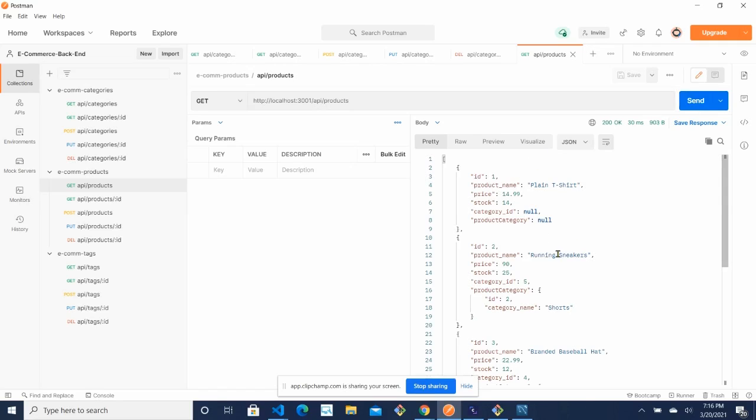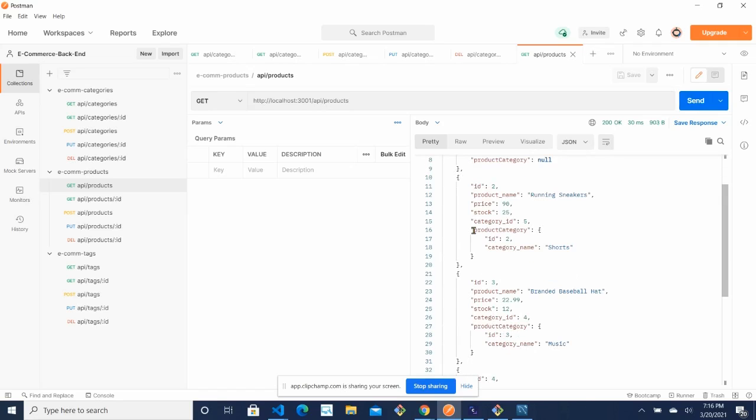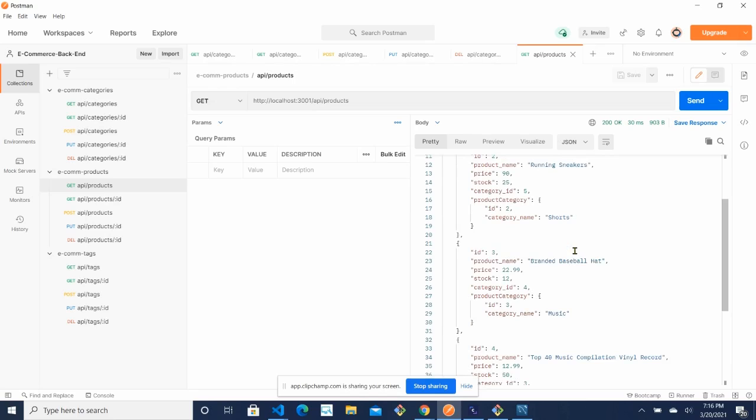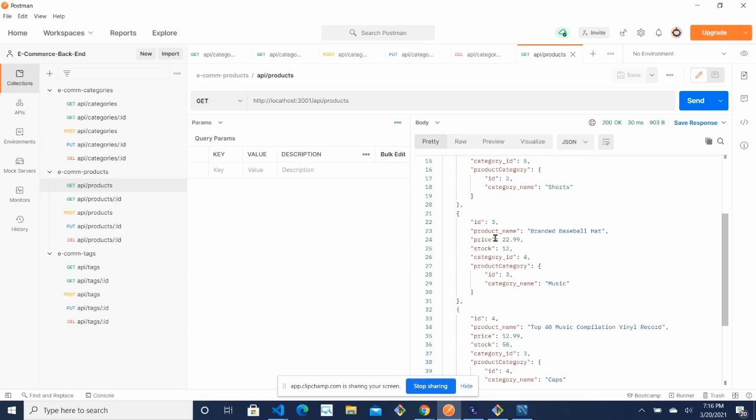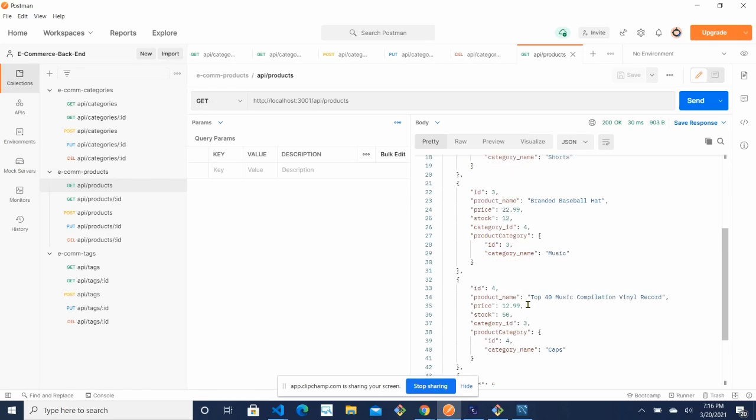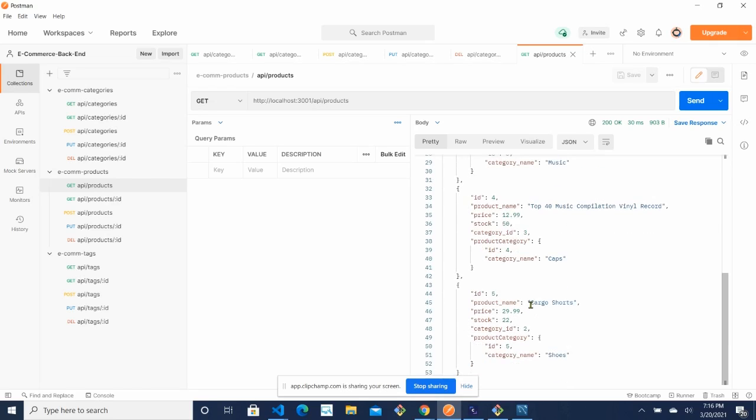So we have all the products now in here. We deleted one category, so that category is no longer coming in. For the other products, where the categories are present, it is also pulling the category data from there, chaining them for all of them. So we have 5 products here that are being fetched.